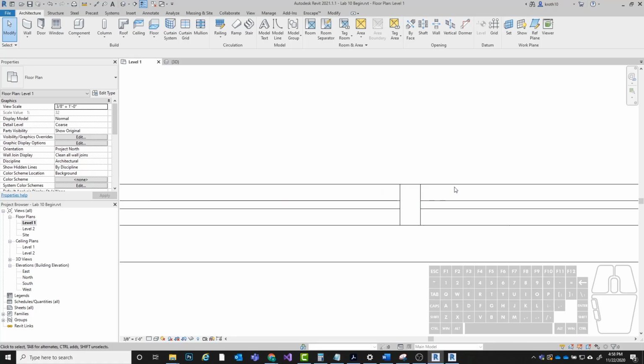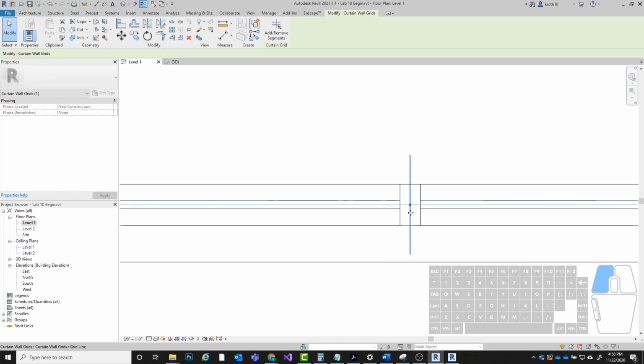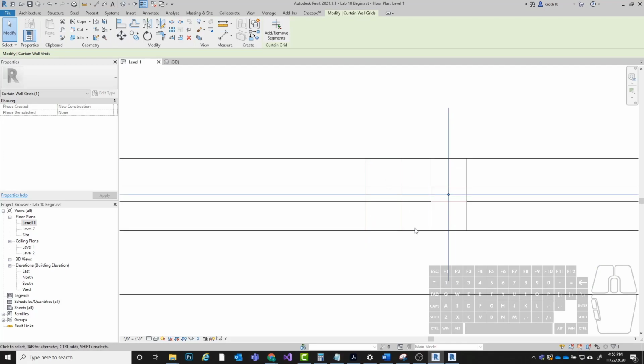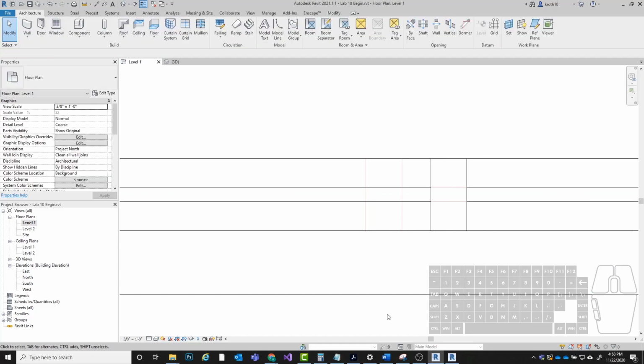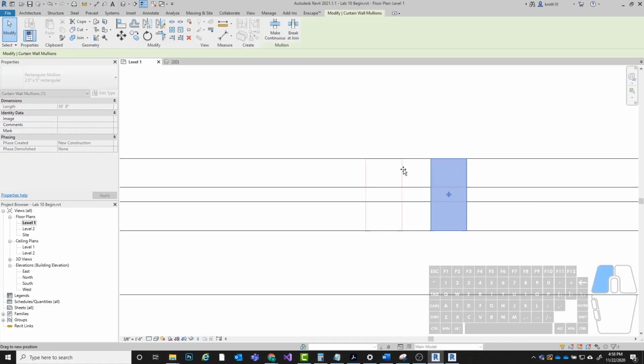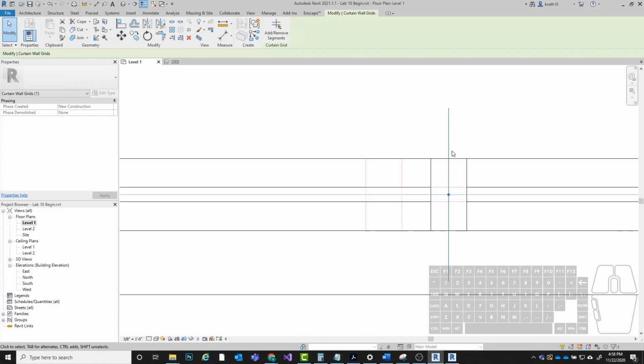But if you were slightly off on your placement and you want to fix it, what you would do is hover over until you get this grid line, click on it, and then you can just drag it. So you can see now as I drag that, it is no longer aligned with my mullion underneath. All right, so say you're in a situation like this. To move that back over again, you don't want to click on the mullion itself because you can't just drag the mullion, okay? To control where that mullion is placed, you have to click on the actual grid line that's